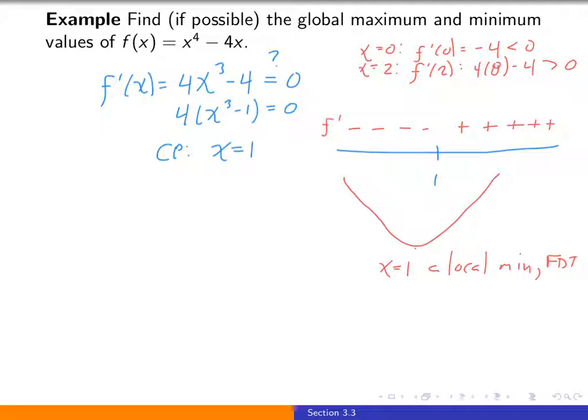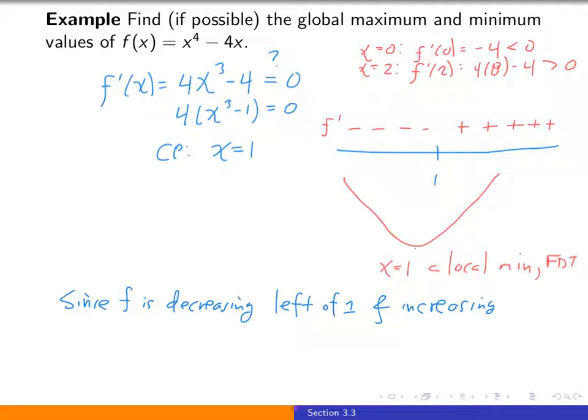The reason it has to be a global minimum is because to the left of 1 our function is always decreasing, and then to the right of 1 it's always increasing. So it is not possible for the function to assume a smaller value anywhere else. Let's conclude here. Since f is decreasing left of 1 and increasing right of 1,